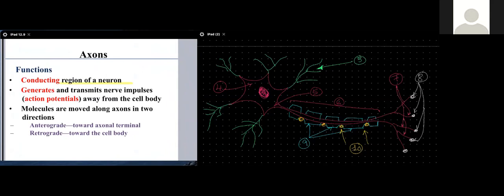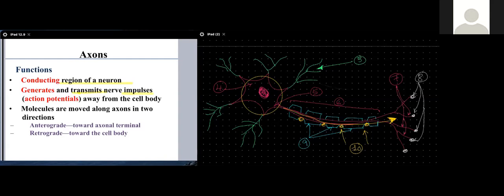This is where you're going to be conducting the signal from one nerve cell body to the next nerve cell or the effector organ. They will be responsible for the generation and the transmission of the electrical impulses, and those electrical impulses might be traveling